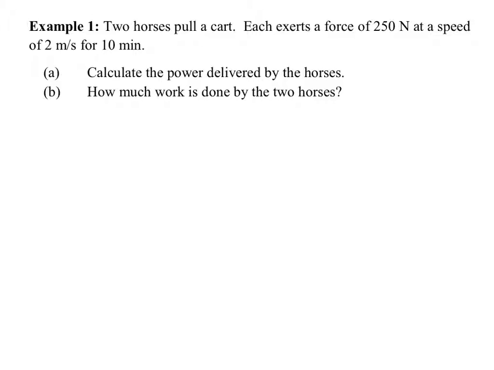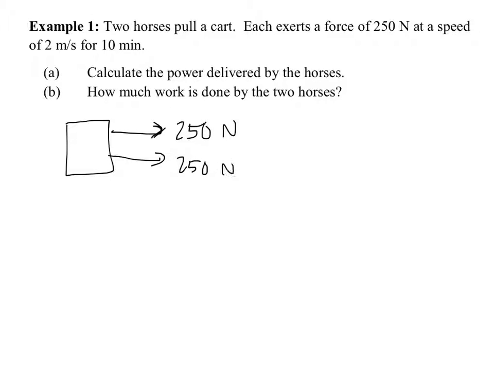So we've got two horses pulling on the same cart. So if I were to visualize this, this is what I'm seeing. Bird's eye view, maybe. All right, so there's the horses pulling like that with 250 newtons of force on the cart. So what is that really the equivalent of? How might you approach this problem? If you have two horses, each pulling at 250 newtons, what is that the equivalent really of?